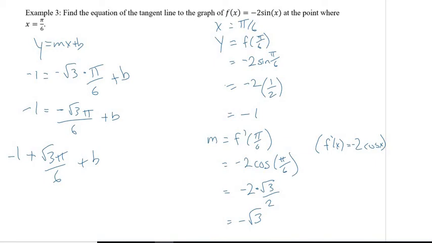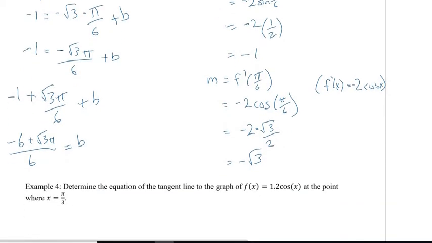Or we could rewrite this as -1 is -6 over 6, and that would be -6 plus √3 pi over 6 equals b. Or if you want to make it a little simpler, we can just rearrange that because we like to have the positive out front: √3 pi minus 6 over 6. So now we have m, we have b, so we can write the tangent line,